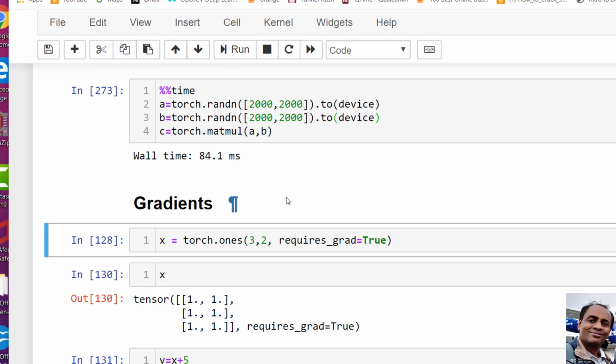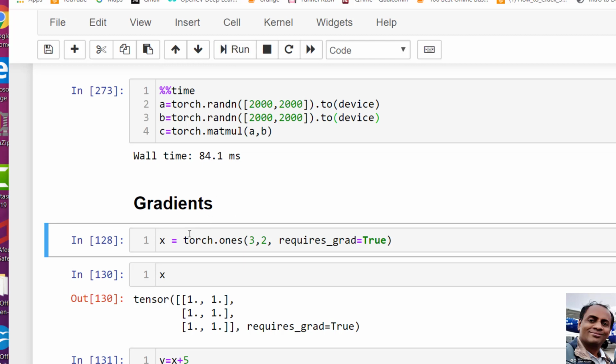Okay, now let's go to the gradients. PyTorch is very good because it automatically produces the gradients. In many algorithms, when you have to deal with a stochastic gradient algorithm, you need to actually find your own gradients by some kind of multiplications or derivative. But here, PyTorch automatically calculates the gradient.